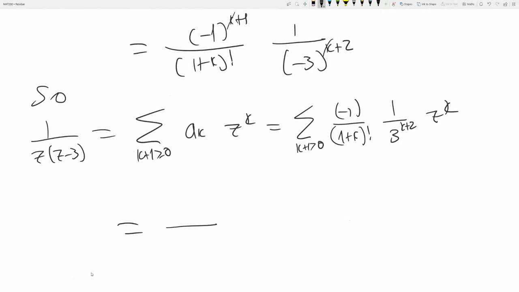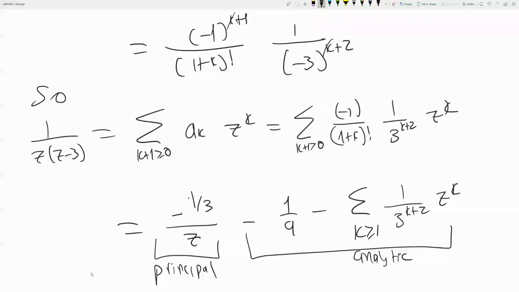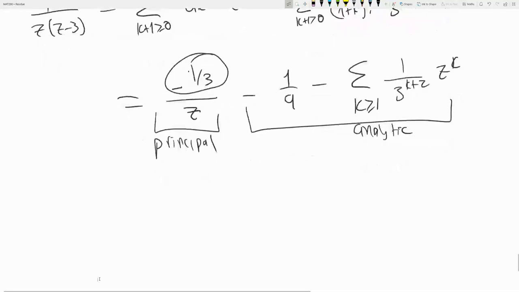So first guy is minus 1/3 z, and the rest is analytic. So this is analytic, we don't care about it. And this one is the principal part. And you will see in the next section why we really need the coefficients of 1 over z. But okay, that's a separate story. All right,